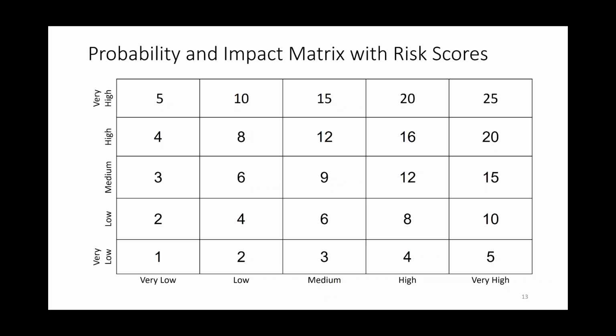So I'm doubling everything up until I get to very high. Or I could say very low is 0.5, then low is 2, 4, 8, right? Or I could do it 2, 4, 6, 8, 10. So the impacts are weighted more heavily than the probability. And that pops your numbers up. So those things are going to go to the top. Any risk that has a schedule risk associated with it will have a higher score automatically, and that will draw your eye to it when you're sorting. If you're sorting by the highest number, that will pull those risks that have a schedule risk to the top of your list. So my point is that you can use the way you design your quantitative tables to reflect your risk appetite.